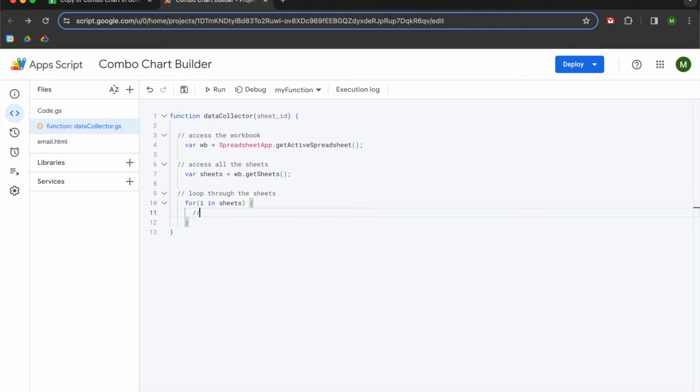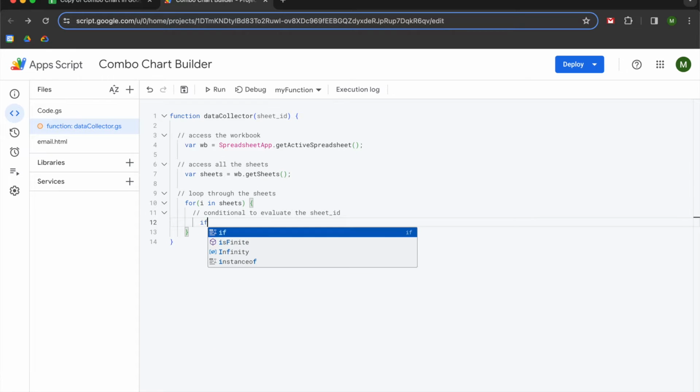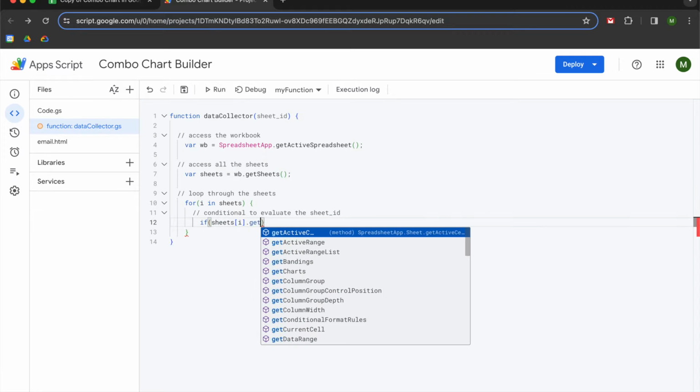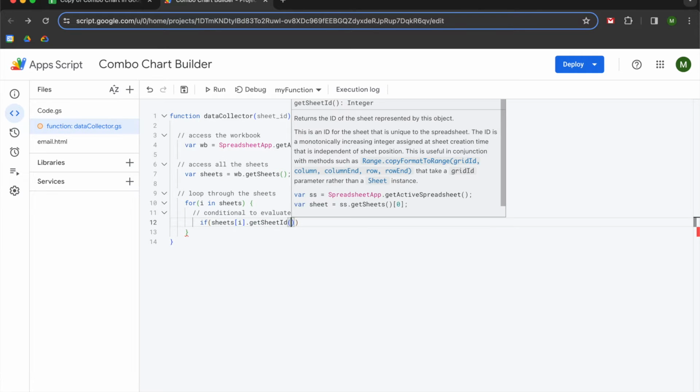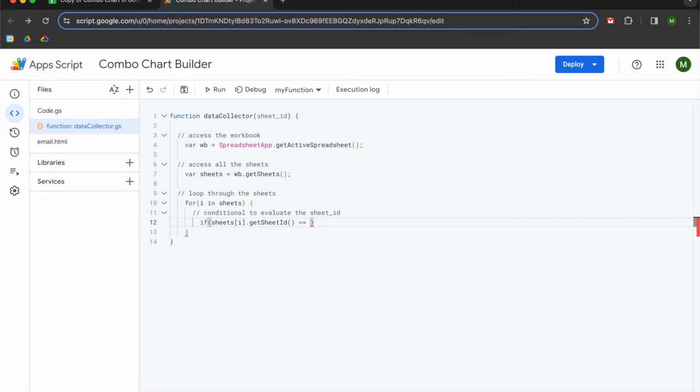Curly brackets, conditional to evaluate the sheet ID. And we are going to say if sheets[i].getSheetId() double equal sign, and then we're going to say sheet_ID. So whatever your input up here is what you want to put down here. Curly brackets,